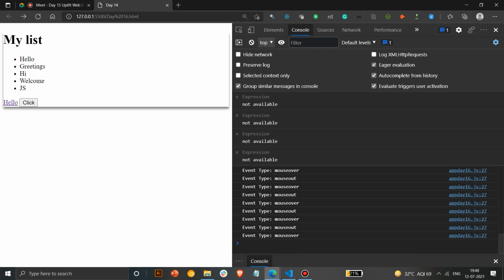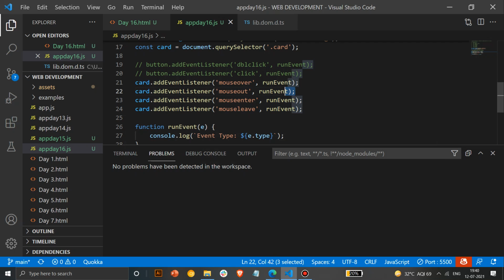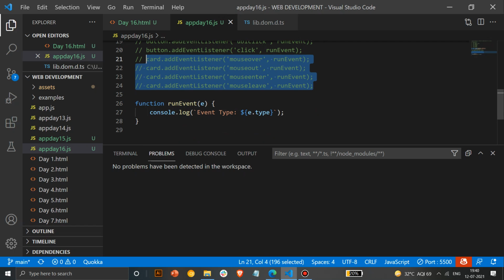Like the difference is if you go over an element inside this card, mouse over and mouse out will work on that too, but with mouse enter and mouse leave, it works only in that particular boxed area. So if you have anything inside it, it will still consider that as a mouse enter. Over means it goes over something, and mouse out means it removes its cursor from that specific place. So that's the basic difference between them, and they are almost the same, but it's always better to use them at specific places. So we'll learn how to use them at specific places.